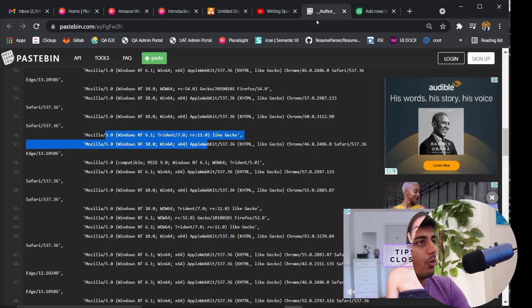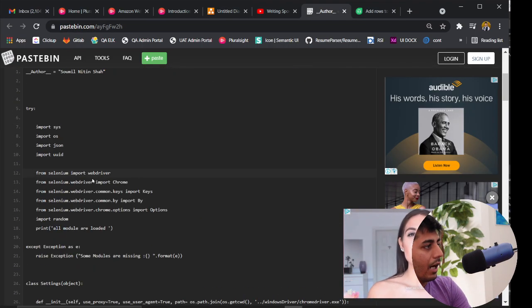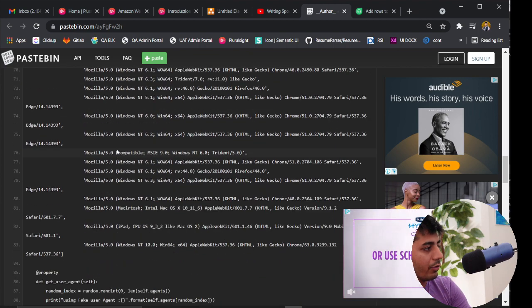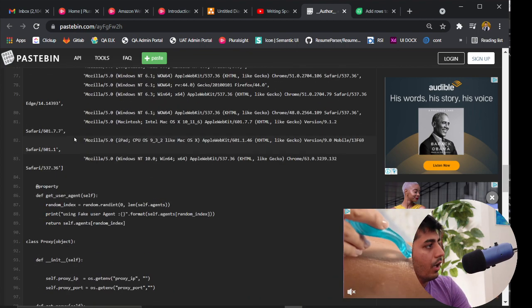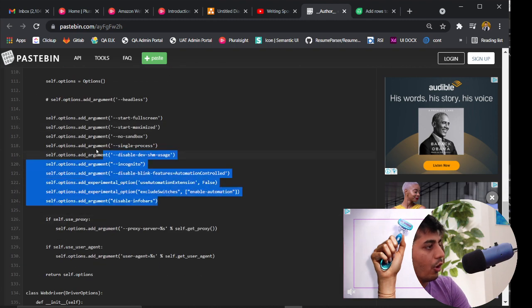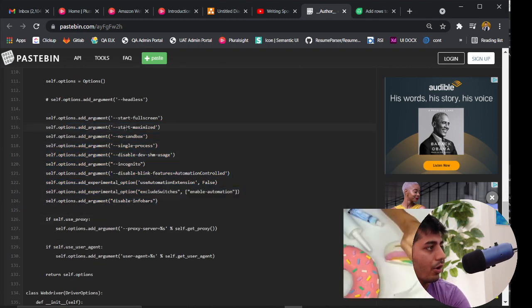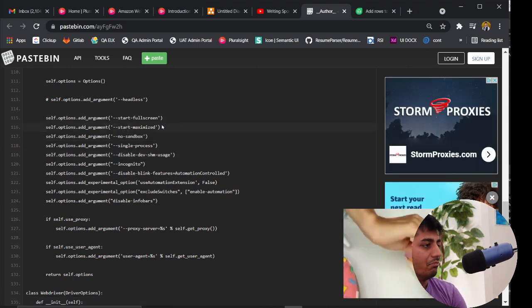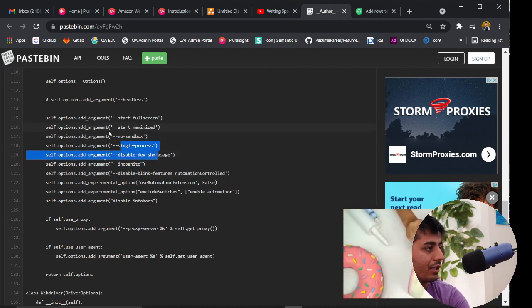Let's see what else we could do here. So we had the user agent class, which stores all of that. We have a settings class which will take care of that. So we have the WebDriver options. All these options as well, you could store in the database, and essentially you can say, oh, these are the options that I want for a particular site. For example, incognito, disable SSL.